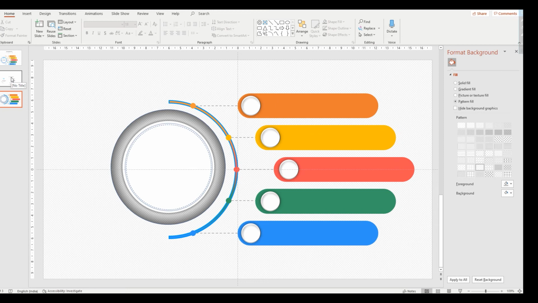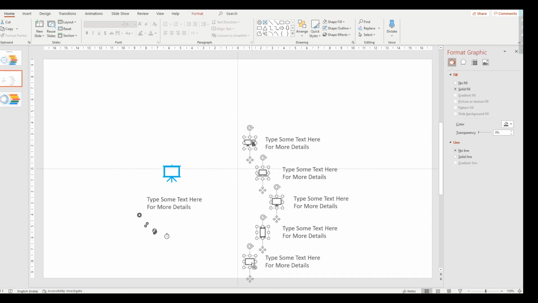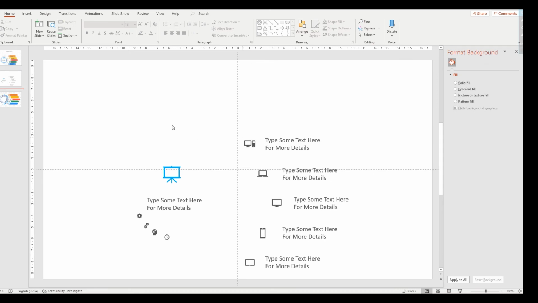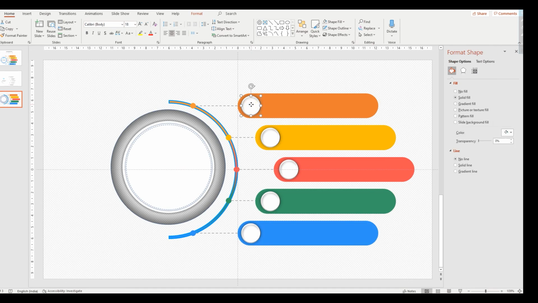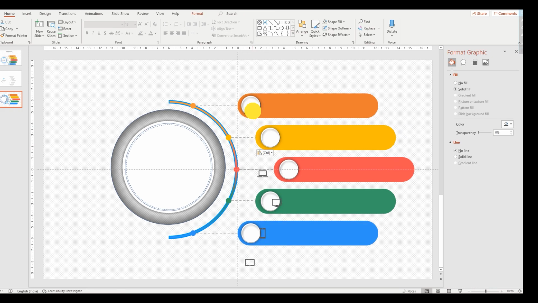Previously I imported the icons as well as I created the text boxes here. See this, copy the icons, paste here. One by one we need to place properly.